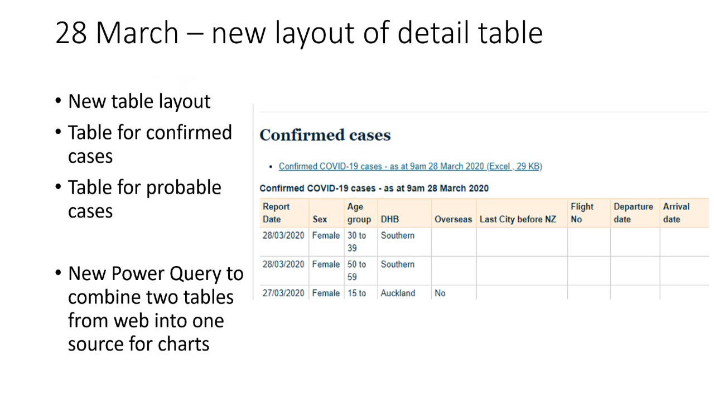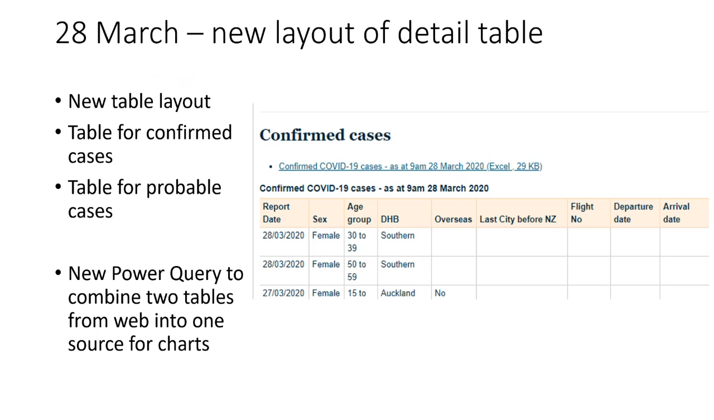The next day, we had a new table layout, and that table layout was radically different. It used a report date. We no longer have a case number, but we have a report date instead. Gender was renamed to sex, age group was still the same, DHB was the same, but now we have new columns where this previously freestyle text was split up into more structured columns for whether or not the case was related to overseas travel, what the last city before New Zealand was, a flight number, and a departure and arrival date,